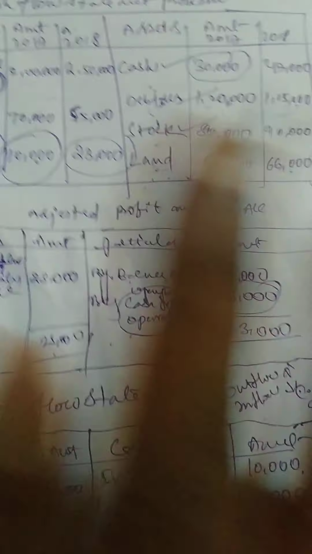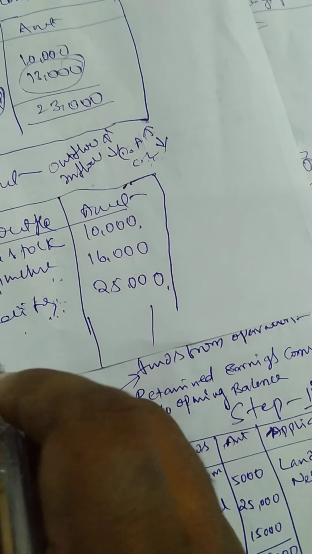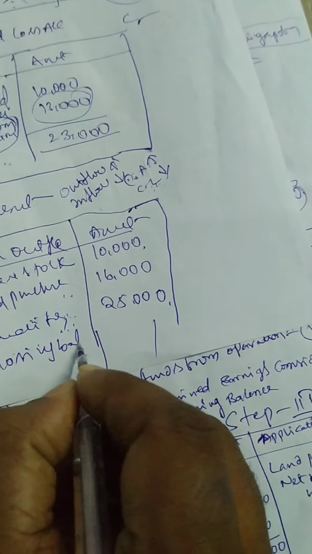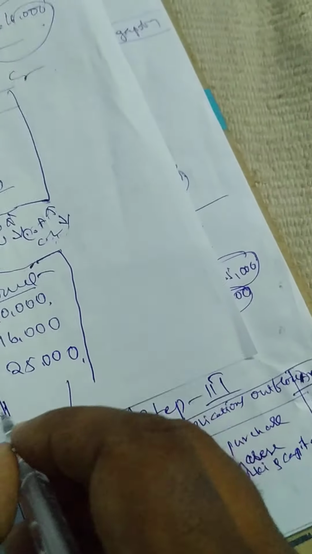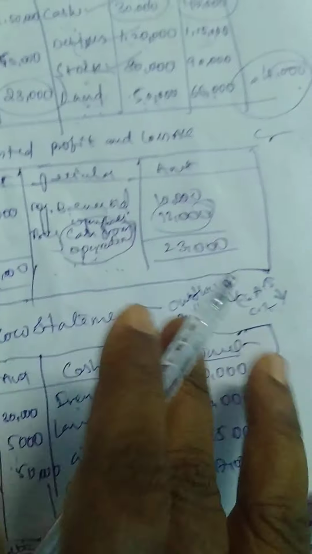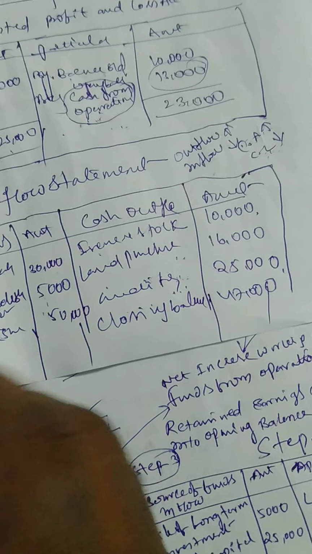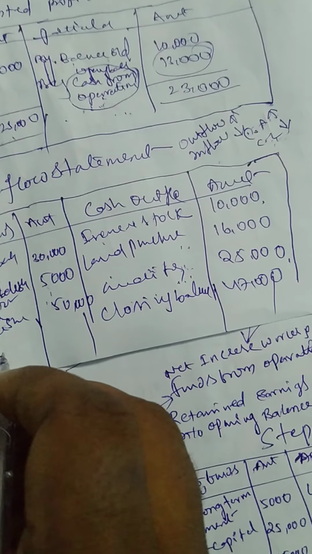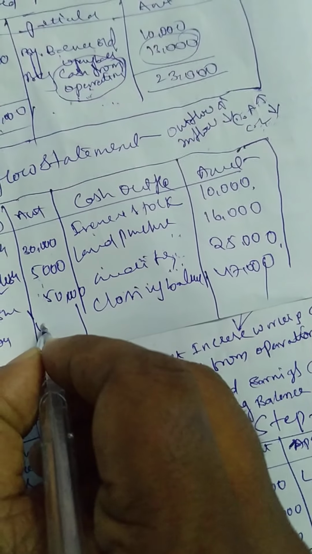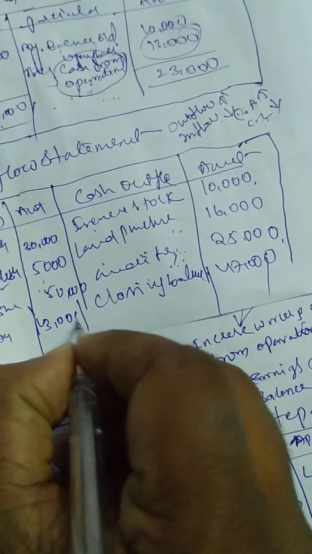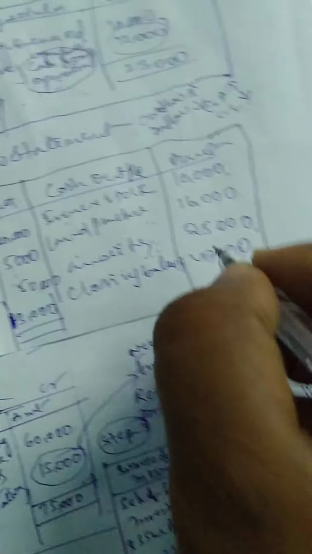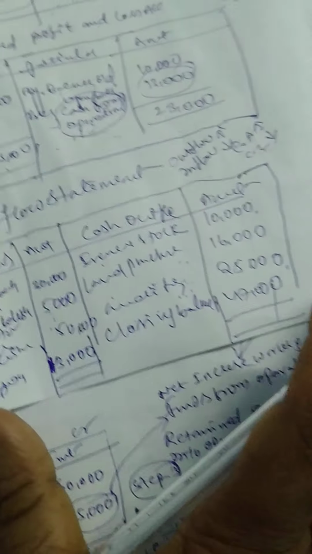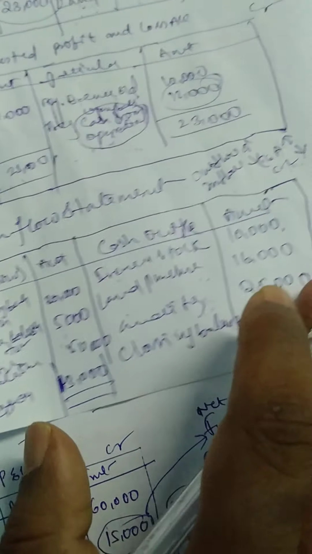No more transactions. The profit and loss account is over. So closing balance. How much closing balance? This one, 47,000. So we have one more thing. We get cash from operation in the adjusted profit and loss account. Cash from operation is always inflows. Cash from operations, how much? 13,000. So when both balances are equal, that is the right answer. If both balances are not equal, that is the wrong answer.